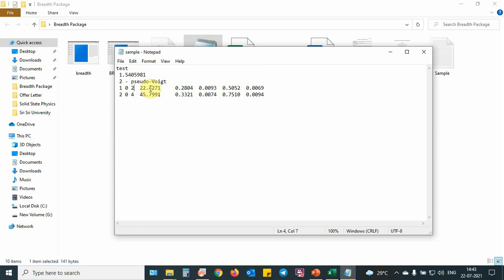Please note that the spacing is very important here. Without that there will be some problem, because this program is written in Fortran, so please keep in mind the spacing has to be very specific. Or you can download these sample files from the website given. This package is basically developed by Dr. Balzar, and it is a very good package.